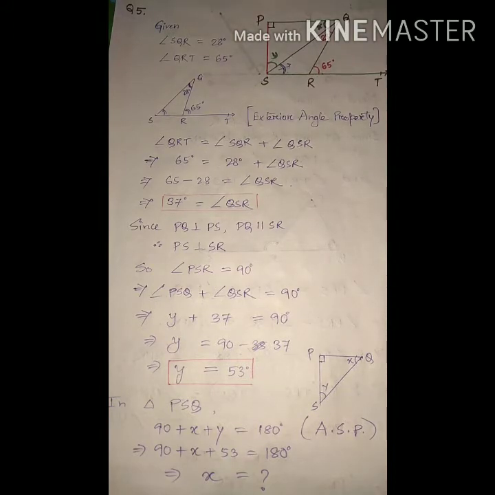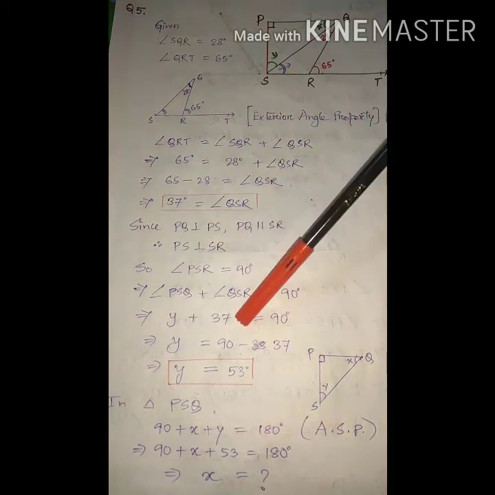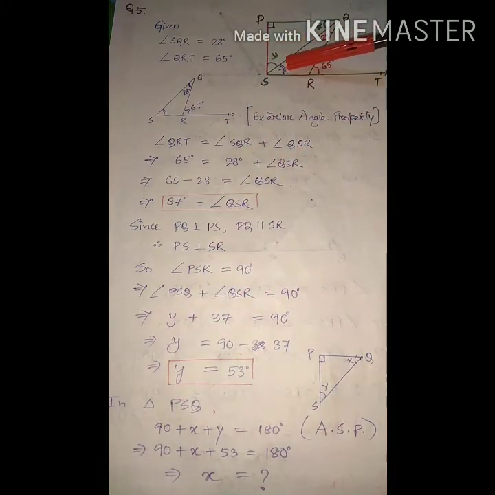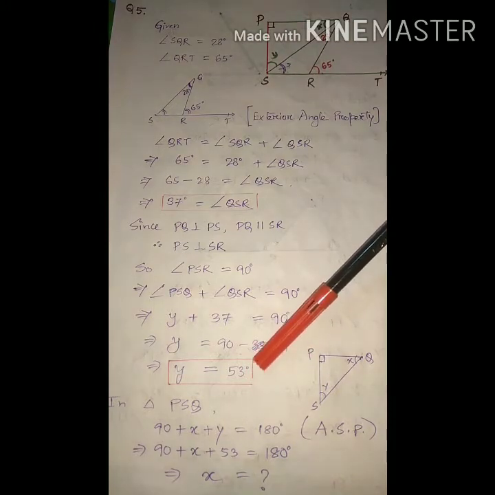Another way we have done here: PQ is parallel to ST and PS is perpendicular. Perpendicular means if this angle is 90, then this whole angle is also 90 degrees. So we write PSR equals 90 degrees. We can separate PSR into PSQ and QSR, the sum of these two angles. So we write Y plus 37 degrees, since this part we already know is 37. If we calculate, we get Y equal to